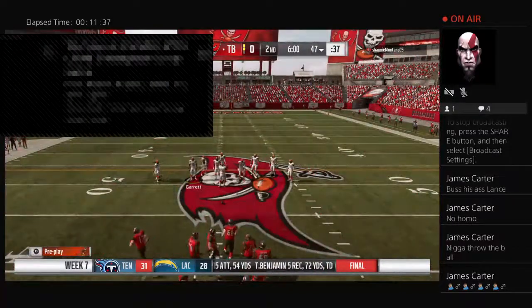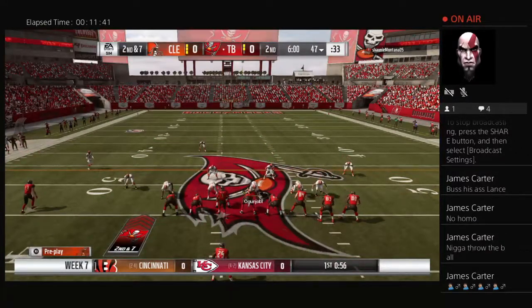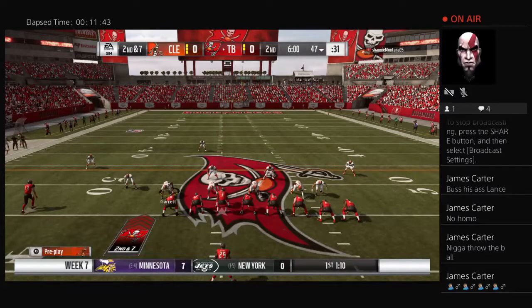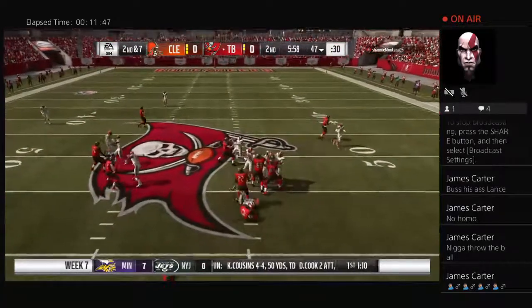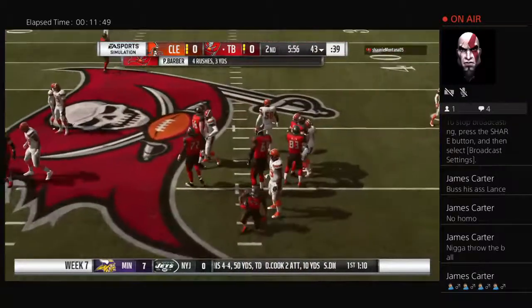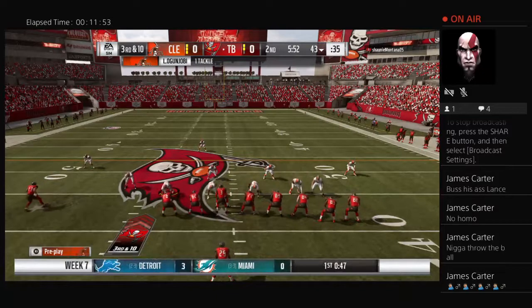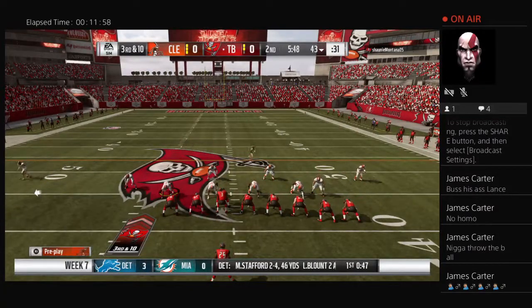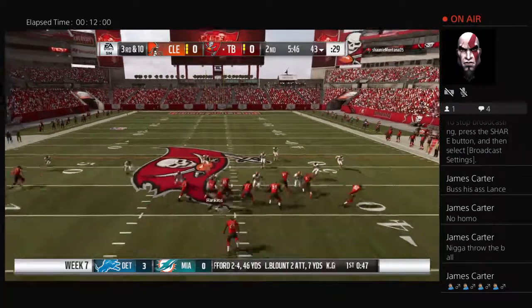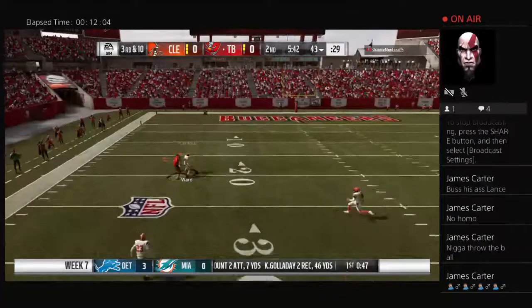Hey, let's go. Now they try the right side here. So he loses 3 yards there. Now 3rd down. Some of these play calls, I think they're a little conservative. But you know me, because it's easy to sit up in this booth, right, and make all the calls and think I'm going to be correct. But I would like to see them open things up, because otherwise this deep...